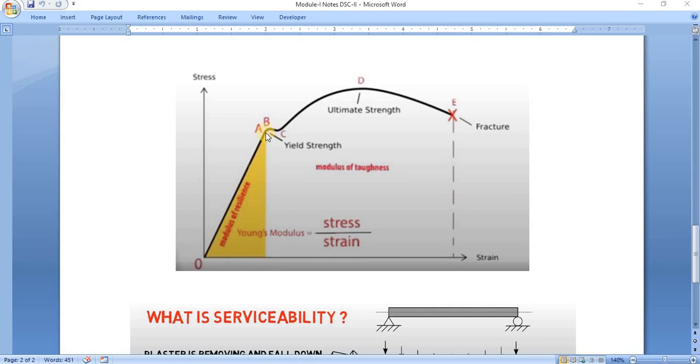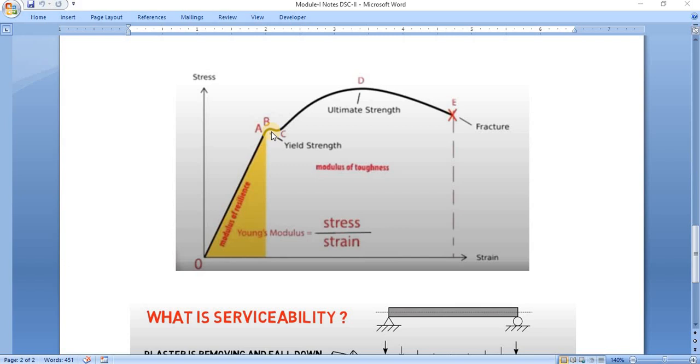Both are increasing simultaneously. After that, you can see till point B there is some change in linear behavior. After that, there is some yielding, and after that again the stress and strain will increase. They will reach the maximum point, that is the ultimate strength at point D. After that, load carrying capacity will decrease, and finally fracture is going to occur. Now there is one very important thing you can observe. After yielding, yielding means change in dimension or else bending or some structural action.